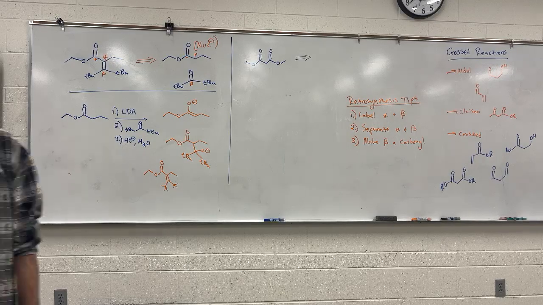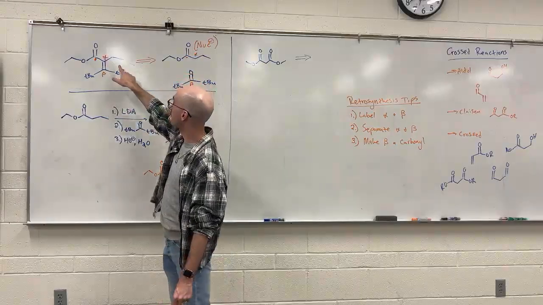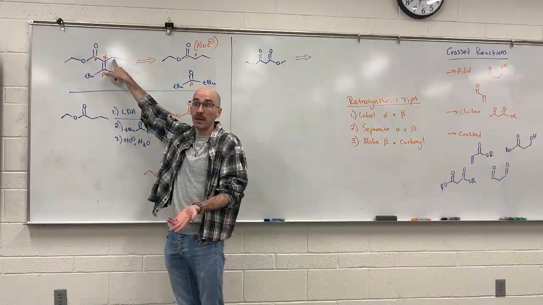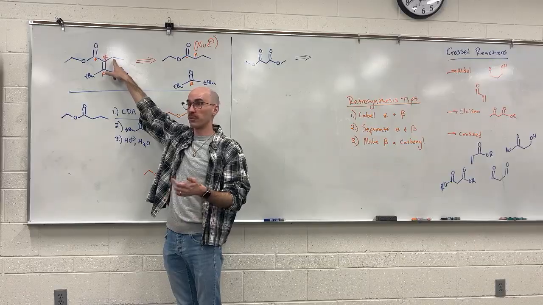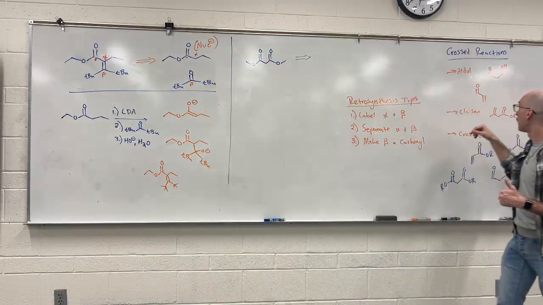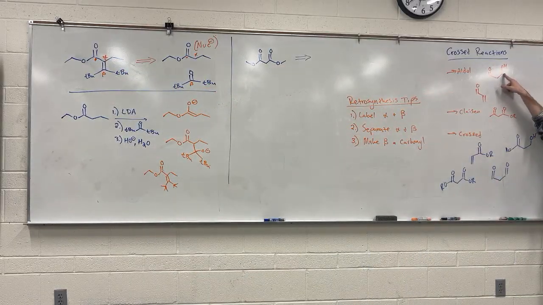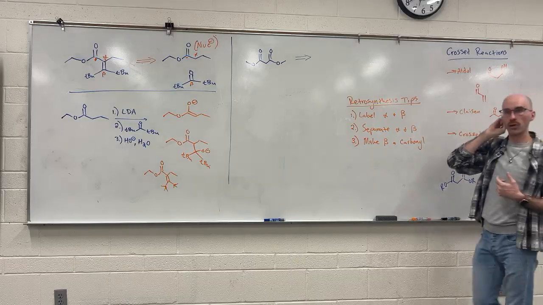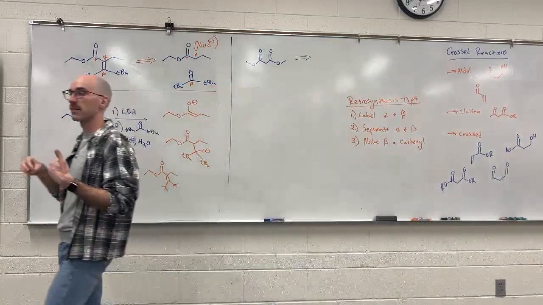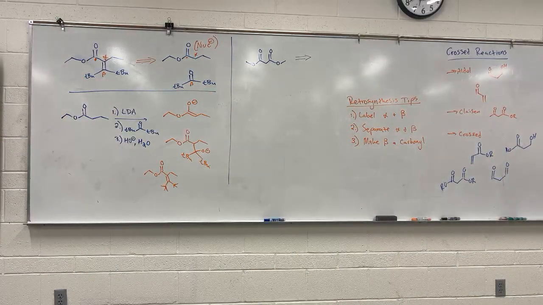You're right that there can be more than one beta. Like here, also a beta carbon, but it's not part of a functional group. It's not a beta hydroxyl. It's not a conjugated beta. It's not a beta carbonyl. So you will be looking for the beta carbon that has some functionality going on with it.